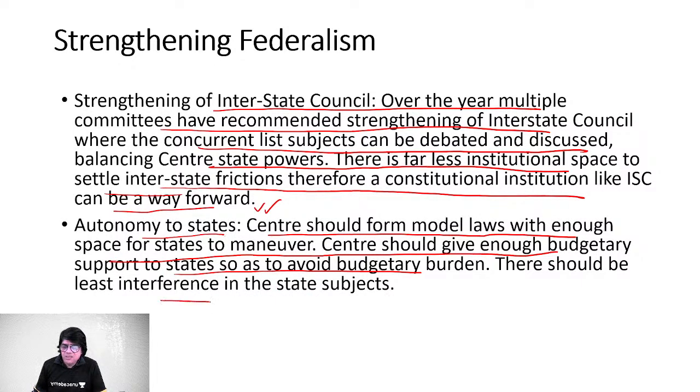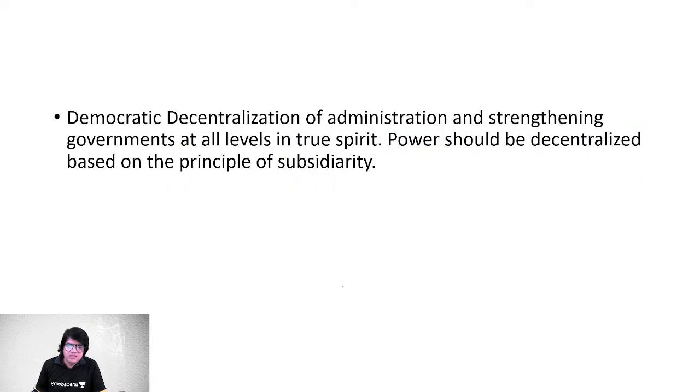And there should be least interference in the state subjects by the center, because we know that under Article 249, for example, Rajya Sabha can pass a resolution by special majority and empower Parliament to legislate on a subject given in the state list also. So, I mean, these instances do not bode well for